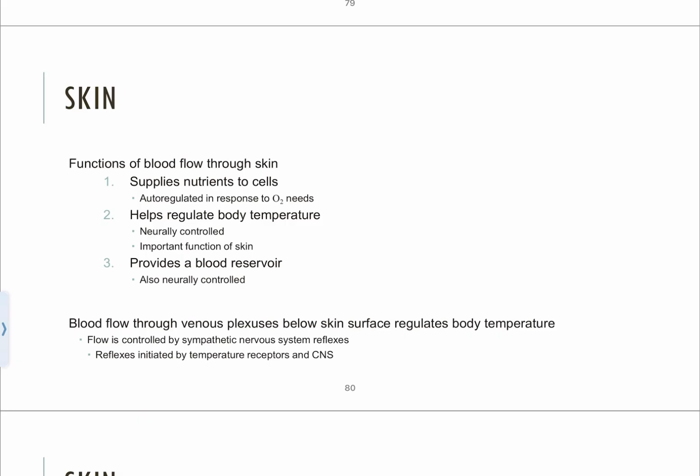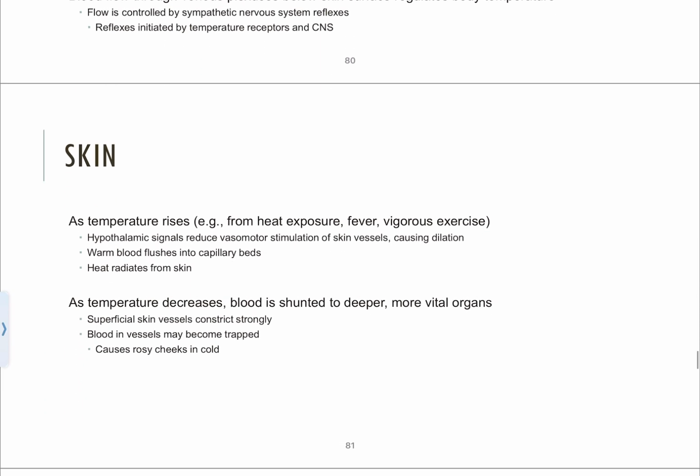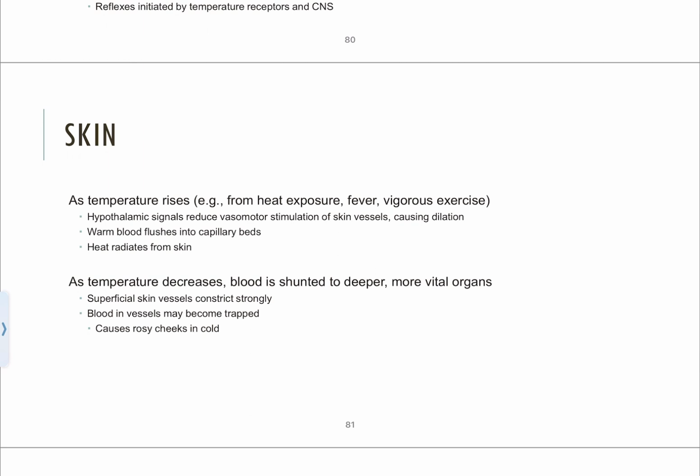Blood flow through the venous plexuses below our skin surface helps regulate body temperature, but what actually regulates it is our sympathetic nervous system reflexes, which are initiated by receptors in our skin, as well as our central nervous system. We already talked about this a little bit, but if our temperature rises, it could be a fever from our body trying to combat an infection, or if we're outside, because again, it's Florida and it gets crazy hot,